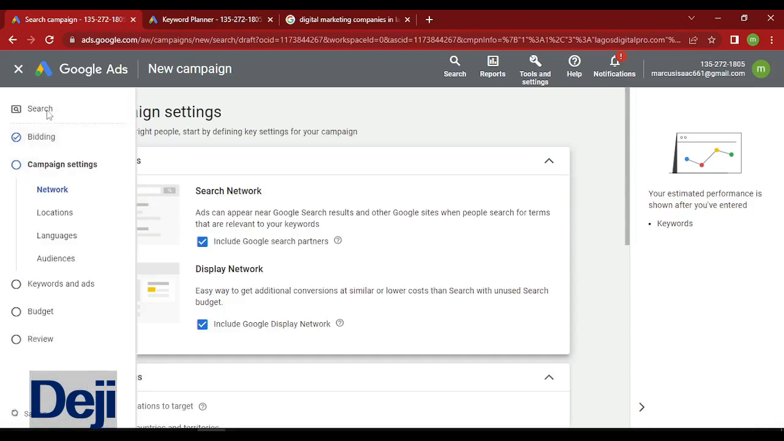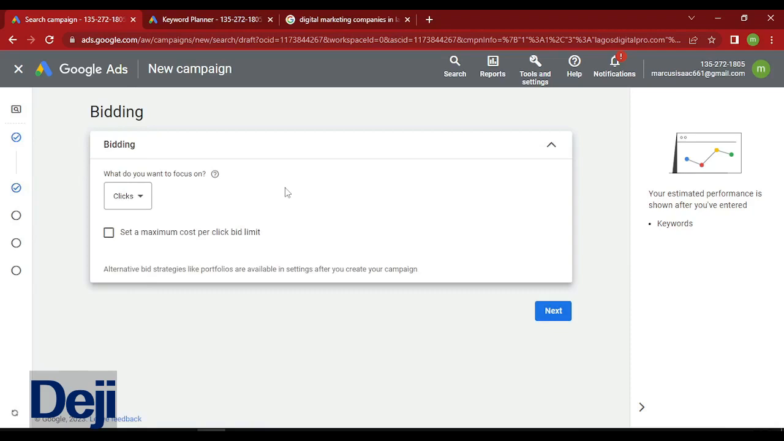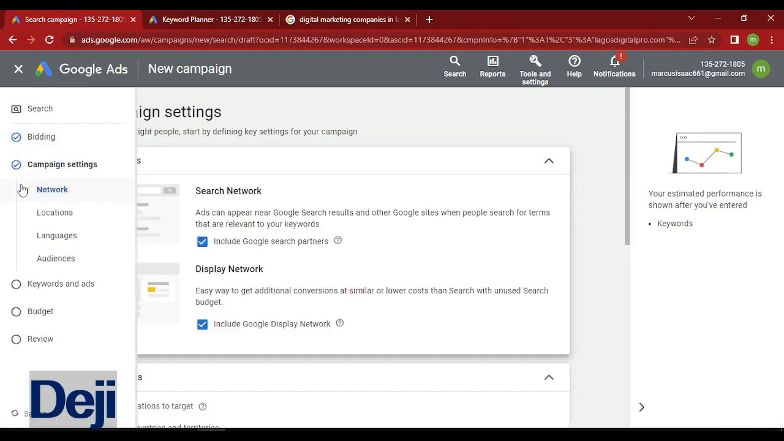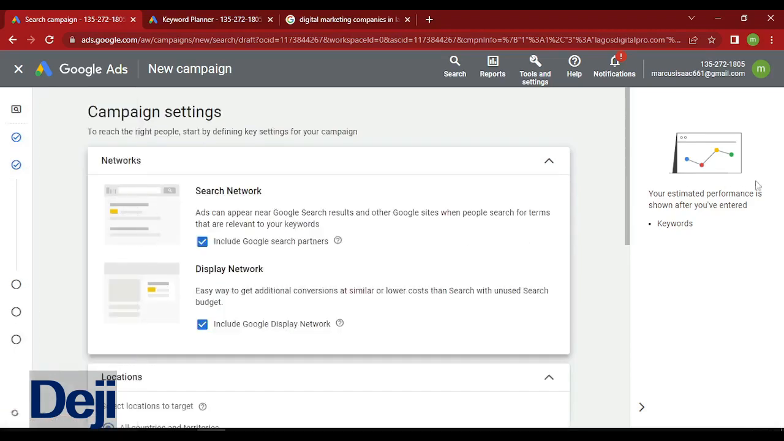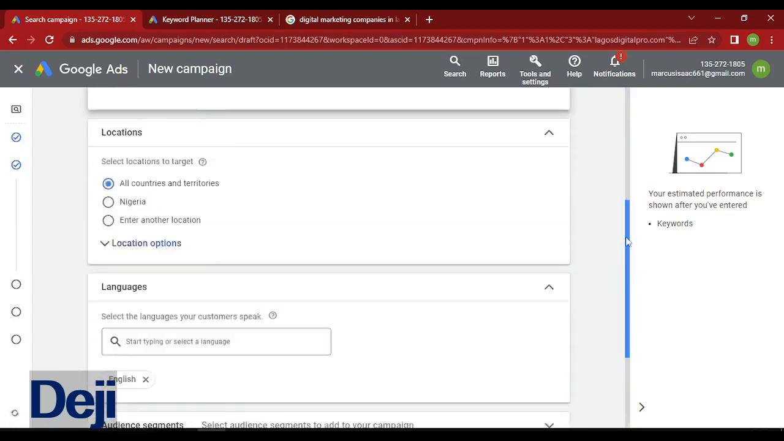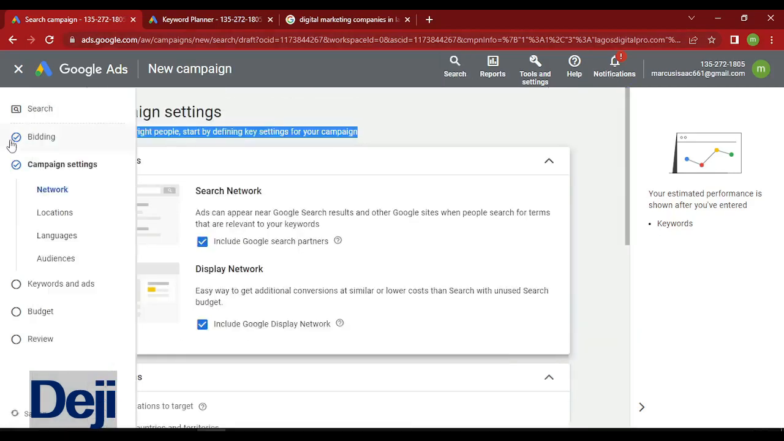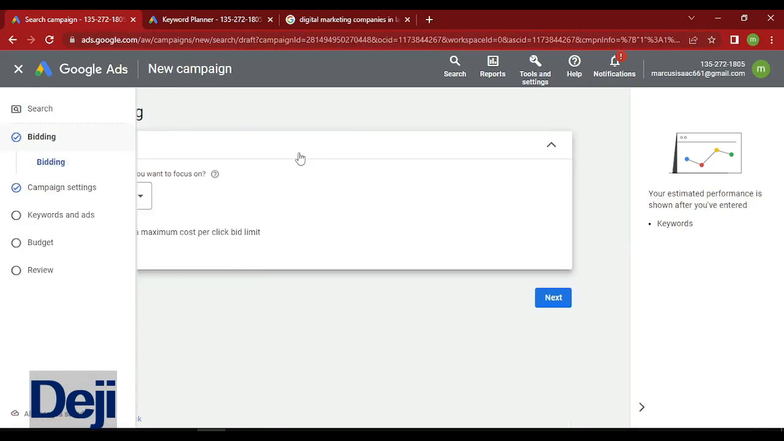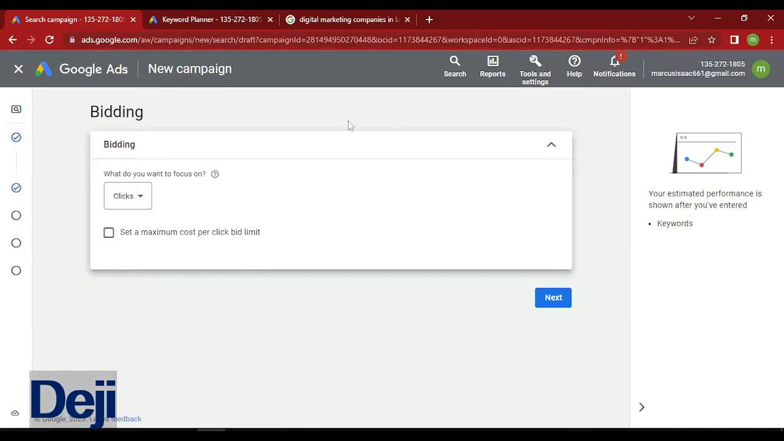Okay, so you can see the options we have here for the bidding. How much am I willing to spend for the campaign? The campaign settings as well, this is how I target my campaign. So let's just set the bidding. That's how I set the amount I'm willing to spend. So for clicks,